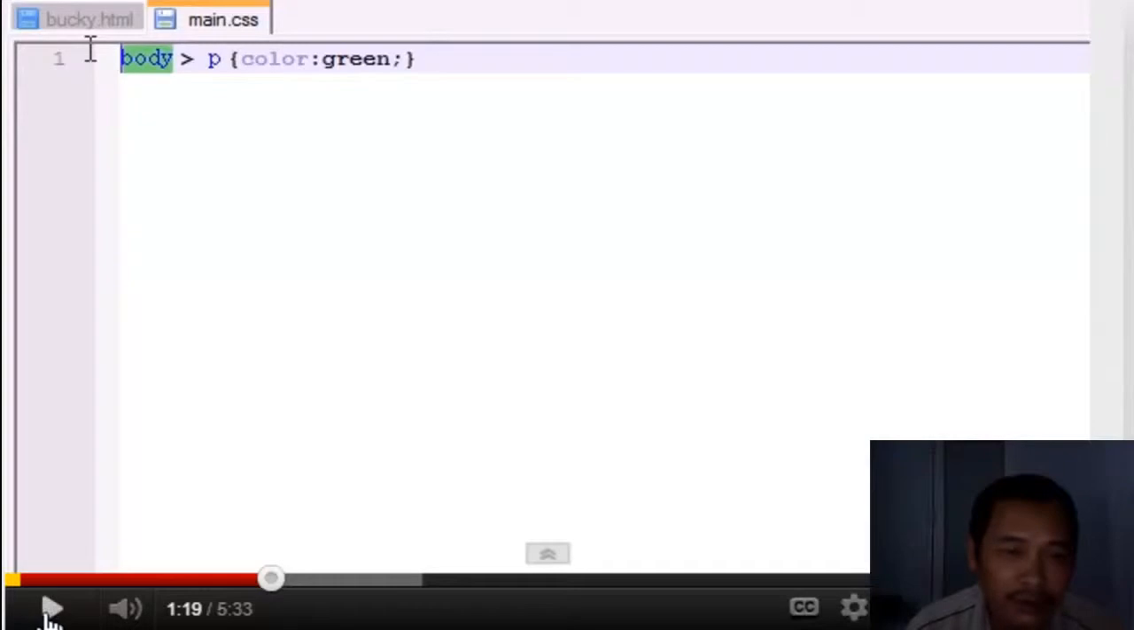Ok. It's not the parent of the paragraph. The body is the grandparent of the paragraph, and this symbol right here means only affect the paragraphs where body